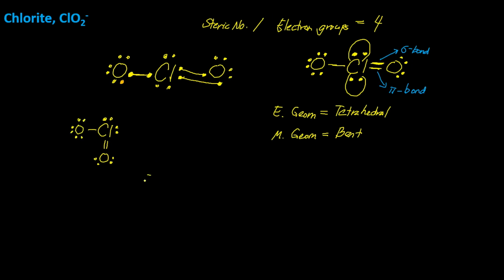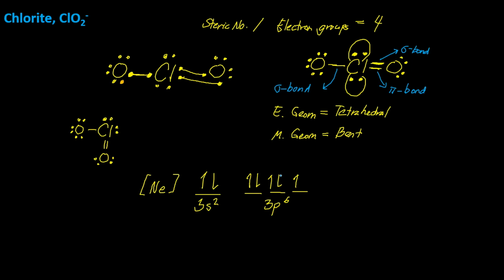Okay, so for the hybridization of chlorine in chlorite, we're drawing the orbital notation. Up, down, single, single, single. This is the electronic configuration for chlorine on its own. In forming a sigma bond, by the way, this is also a sigma bond here. So in forming a sigma bond, we need 2 half-filled orbitals. So we relocate this 1 electron to a different set of orbitals so that we can erase it and then place it in one of the orbitals available for chlorine, which is the 3d orbitals. We want 2 half-filled orbitals to form a sigma bond with 2 of these oxygens, and then we place 1 electron here so that our hybridized orbital would look like